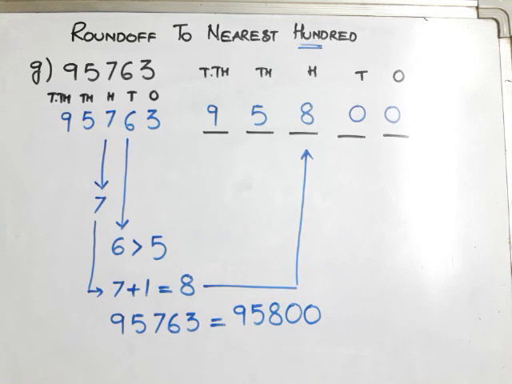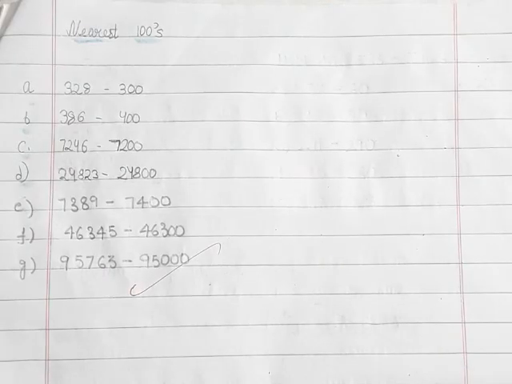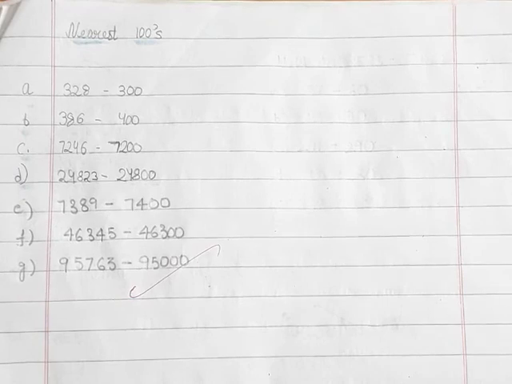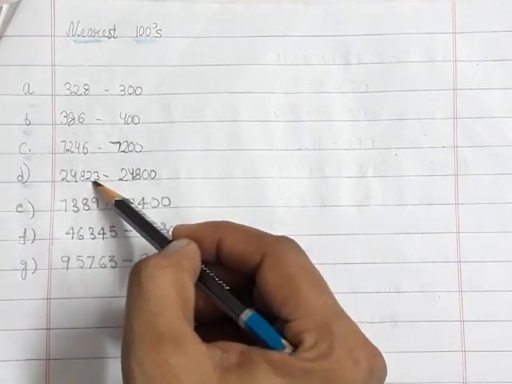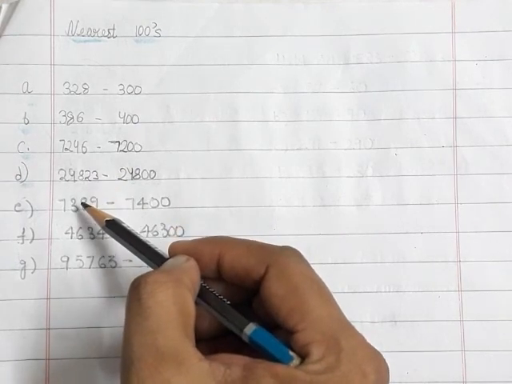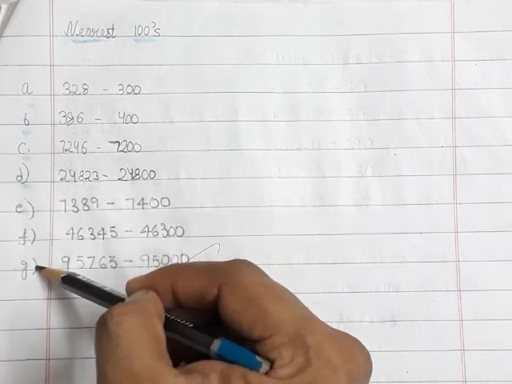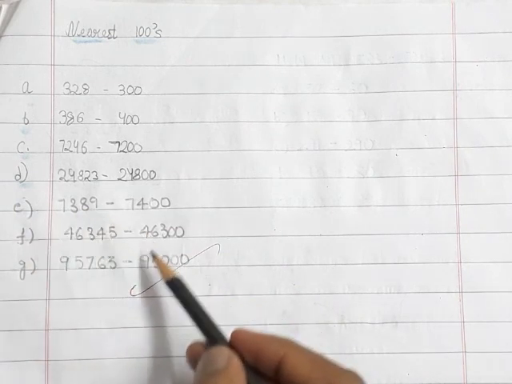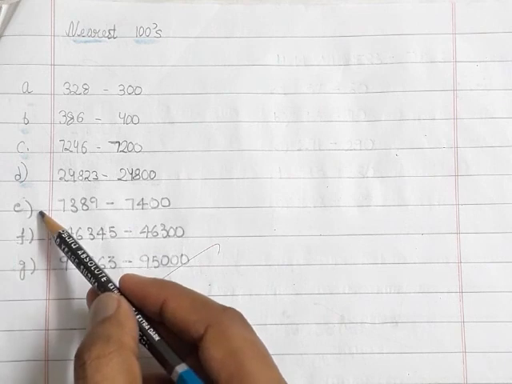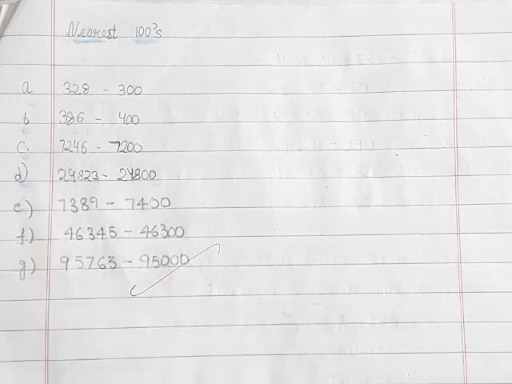I will show you now how to continue the CW and what to do with the HW. Let me show you today's CW. In yesterday's class, you wrote up to A, B, C, D. So in today's CW, please continue writing E, F, G. Hope you are clear. As these are the things which we have discussed in today's class, copy this E, F, G into your CW.